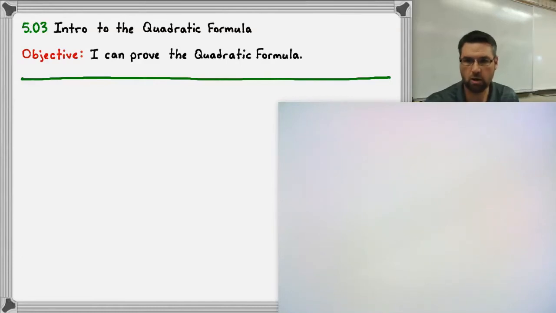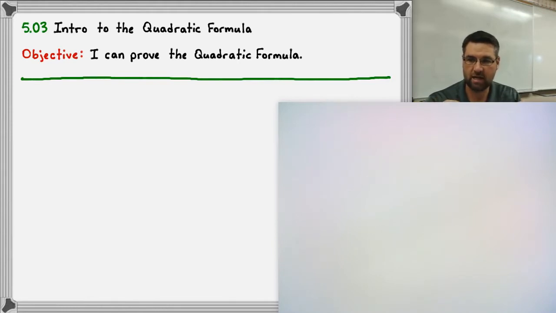Hey everyone, welcome to the third lesson of Unit 5. In the first two lessons, we focused on solving quadratics using two different methods. The first method was factoring, and the second was the square root method. The square root method, remember, was the more direct way of solving a quadratic, and we could do that when